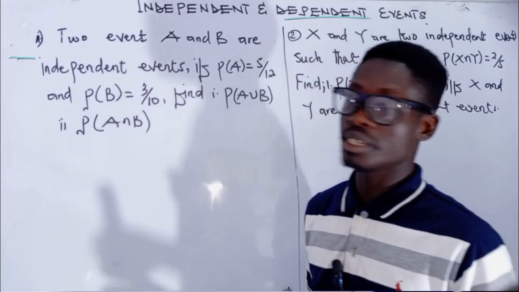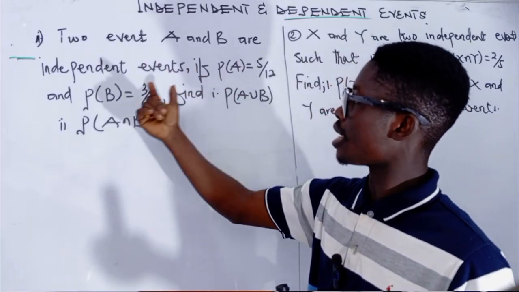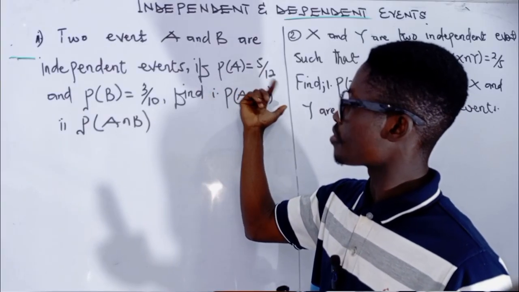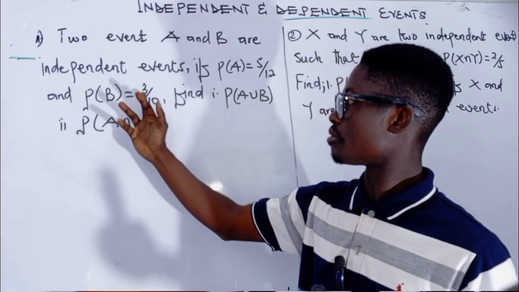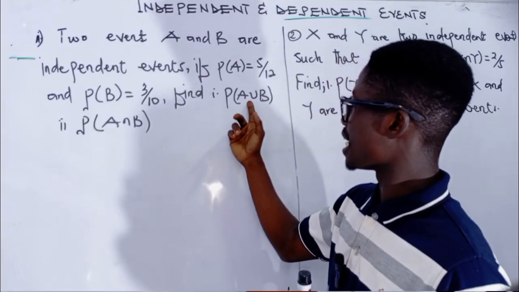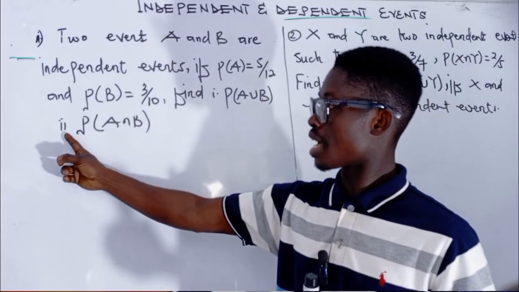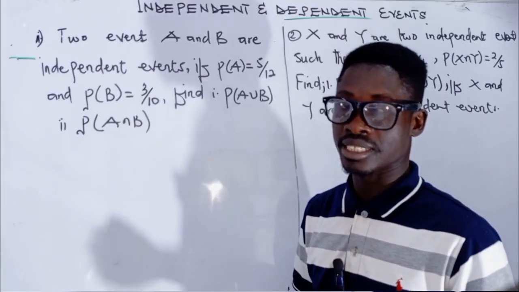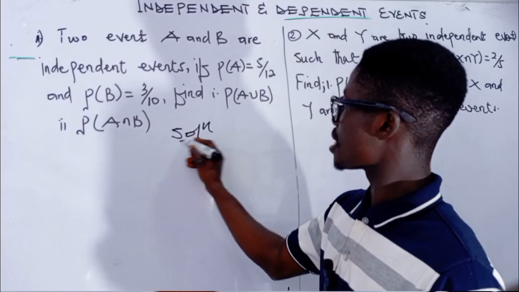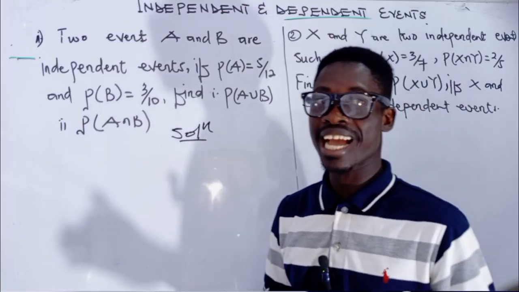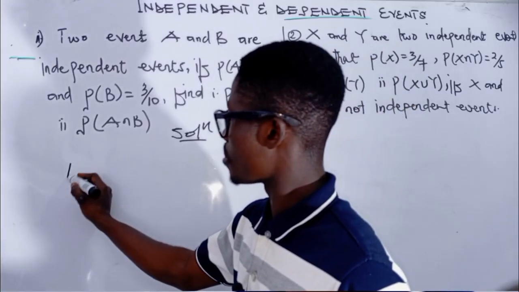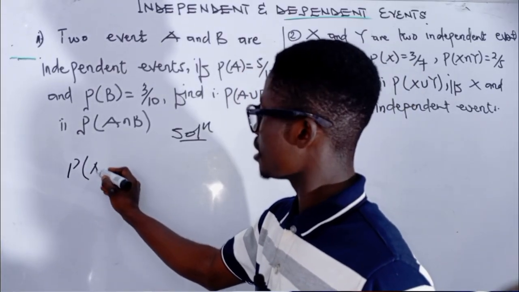So we want to look at this example. Two events A and B are independent events. The probability of A occurring is 5/12 and the probability of B occurring is 3/10. We want to find the probability of A union B and the probability of A intersection B. So we are saying that event A and event B are two independent events. To find the probability of A union B,